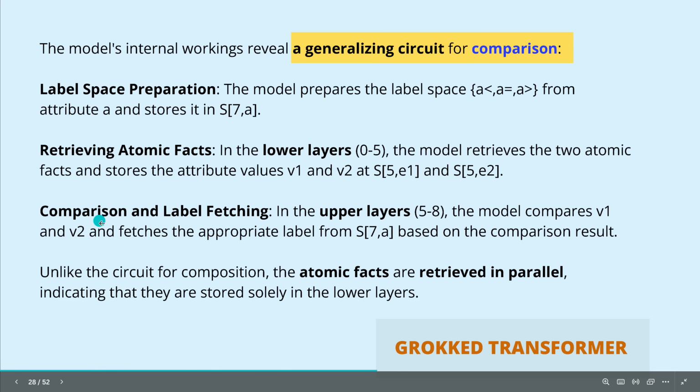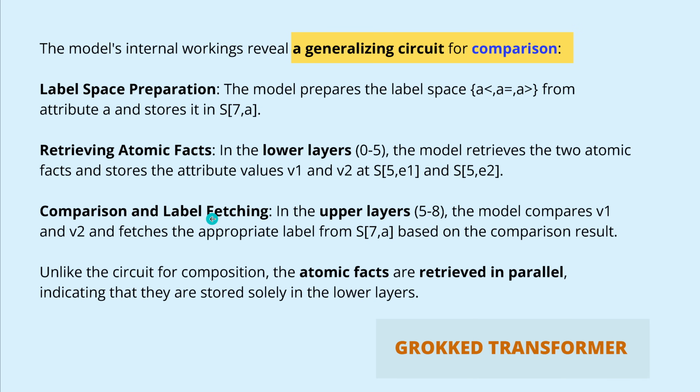And then we have the task of comparison here, plus label fetching. And now in the upper layers, 5 to 8, the model compares now V1 and V2 and fetches the appropriate label. You know this here, smaller, equal, or bigger than, from here our hidden layer 7 based on the comparison result. So unlike that we have this generalizing circuit from the composition task, in the comparison task that we look